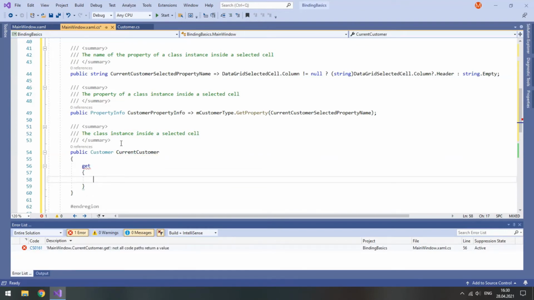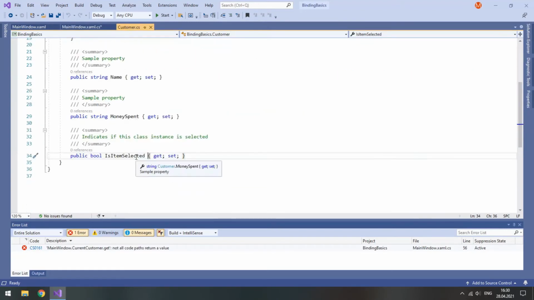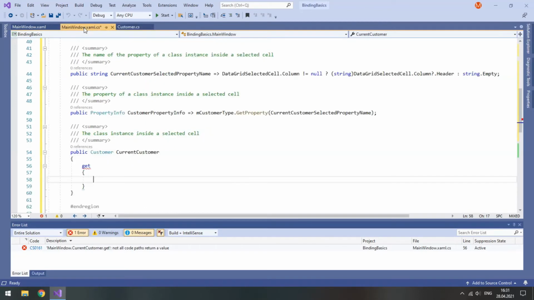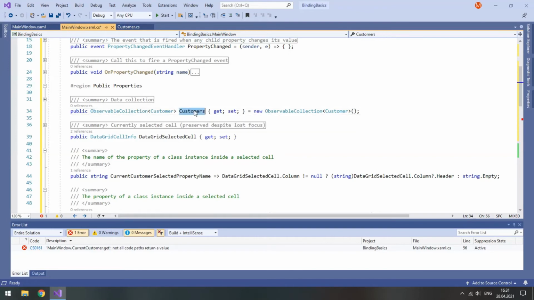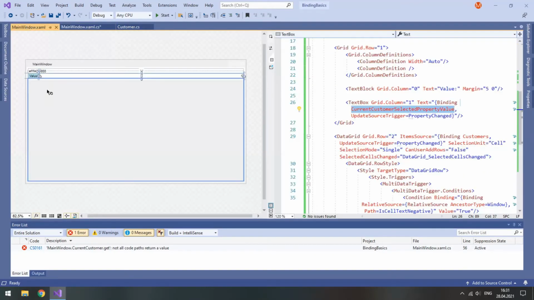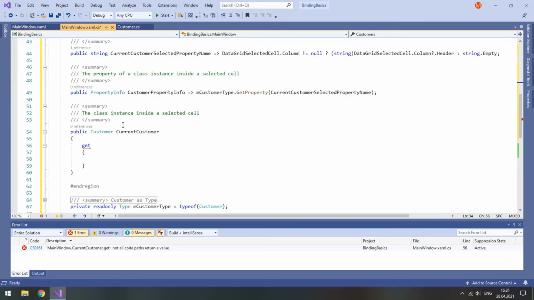But what we need is to set the isItemSelected property of all class instances inside this customer's property to be false. Because otherwise, if we don't do it, when we click another row, the previous one is going to be still considered as selected. If both of them are negative, they both will be colored in red. And that's not what we want.